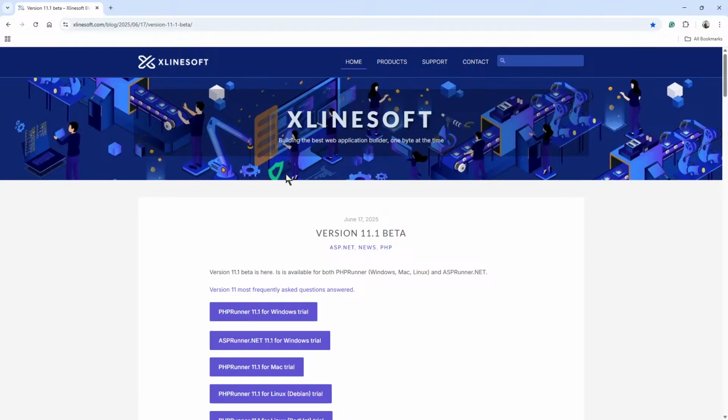I joined PHPRunner on, I don't even know, version 8 or version 6 or somewhere there, and I've seen them grow from a good product, and it gets better and better. Look at what we have now on version 11.1 beta. It's amazing. And Sergio has already mentioned version 11.2. So who knows what's going to come out of that. So I'm very excited. Hopefully you all are also very excited. And we can do things even faster now.